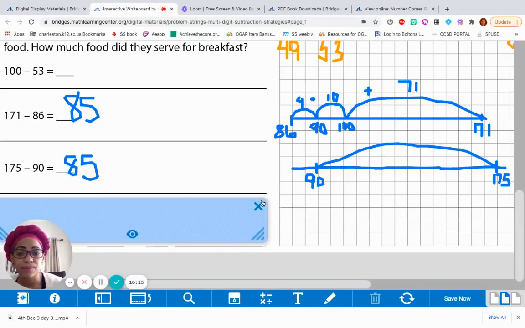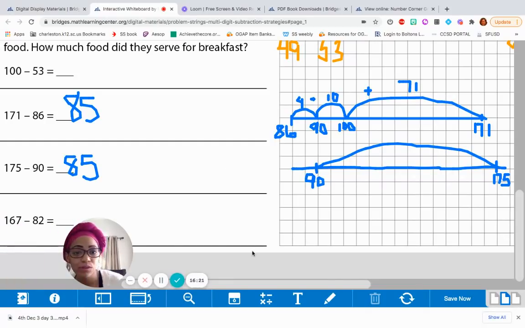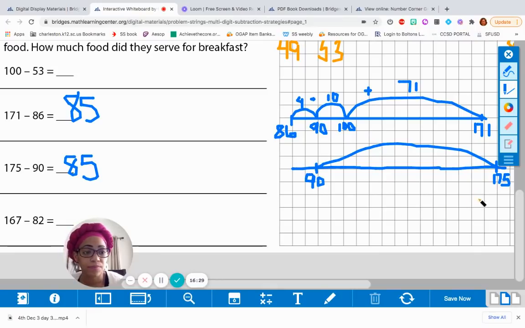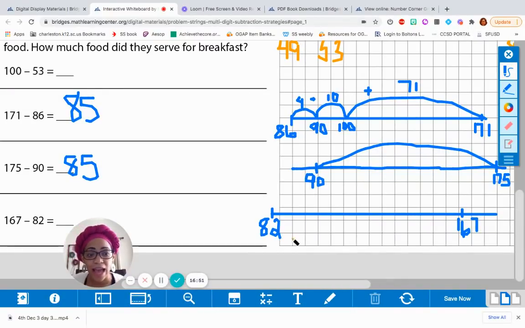Let's look at the last problem. 167 minus 82. Work that one out. See if you can see the connection. Right, are you guys noticing that it shifted the other way instead of adding numbers? Yeah, so if this were